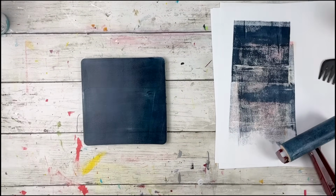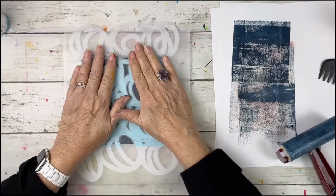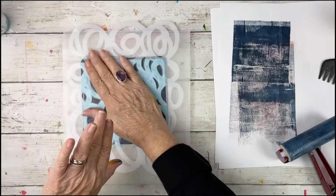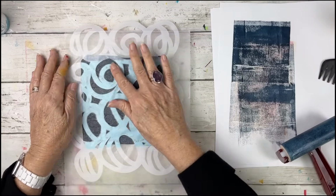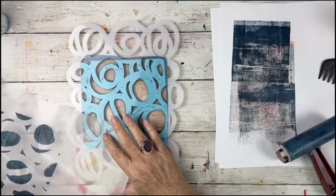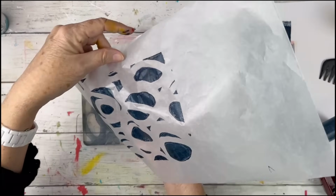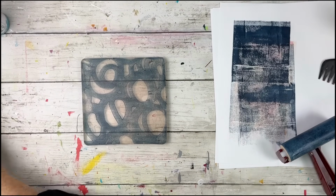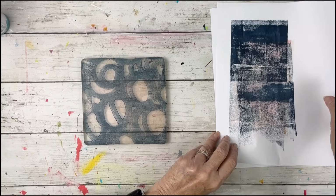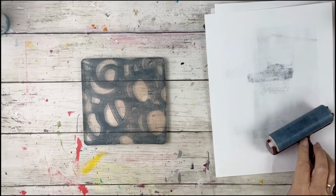Okay, so on this next one, we're going to do something slightly different. We're going to start with a stencil and go for the ghost again with the deli paper. But it's going to be a little simpler than the last one. And this time we're going to layer with dry layers. Then we have a great deli paper, so I'm going to save that. But we're going to wait for this to completely dry. And then once this layer dries, we're going to put a second layer over this,